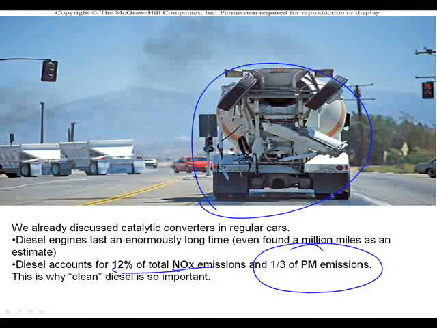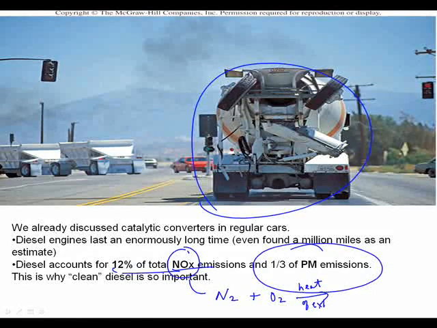And then clean coal, wherein the pollutants are removed, is important. The problem is that we need something that, remember where this comes from. It comes from the reaction of N2 in the air plus O2 in the air plus the heat of the exhaust. So it is going to be a long-term problem. Alrighty, so that is acid rain.